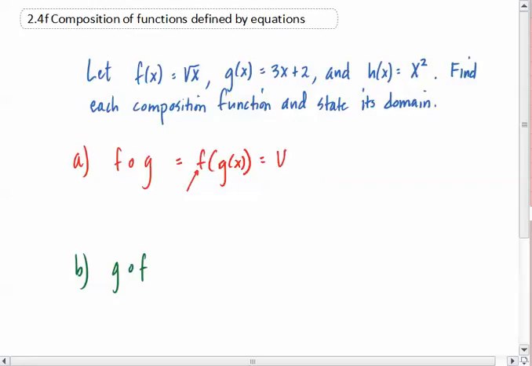So I'm going to write the f function, but instead of x, I'm going to put a big old parentheses. Now I'm going to take the g function and place it in the f function, and now I've composed the functions. What I'm going to do next is simplify if I can. Well, I can't do anything with that,